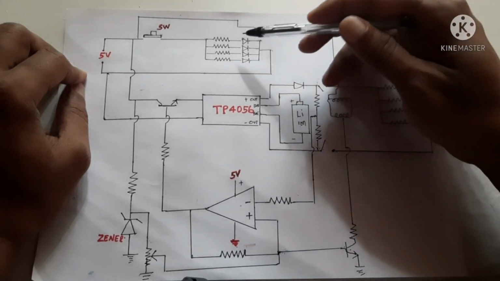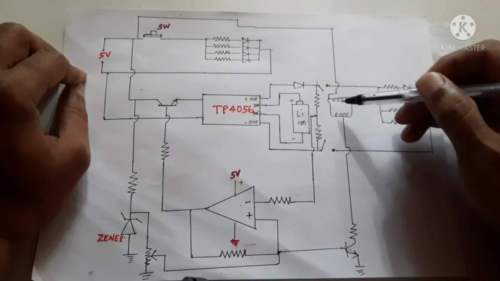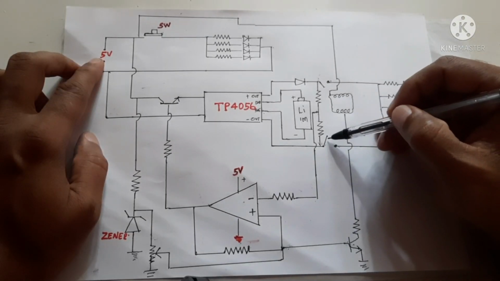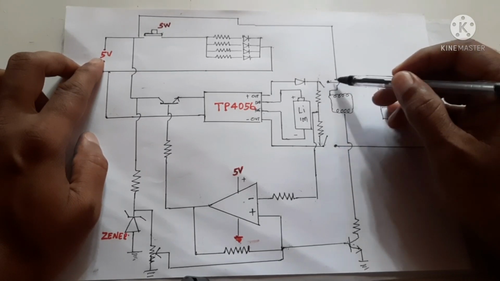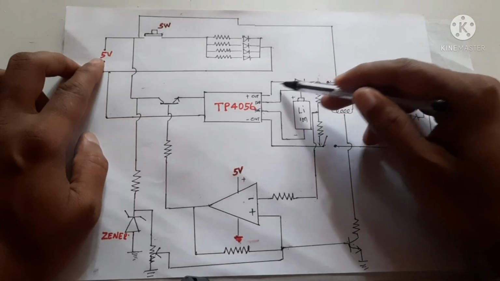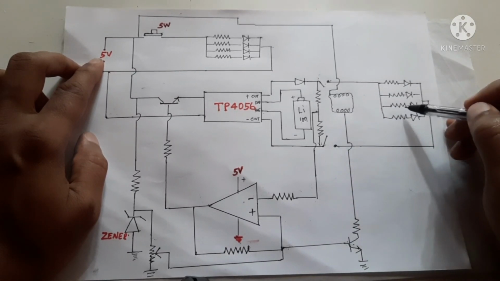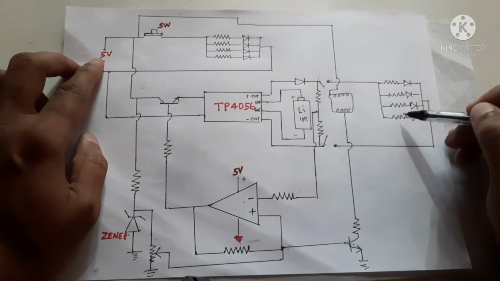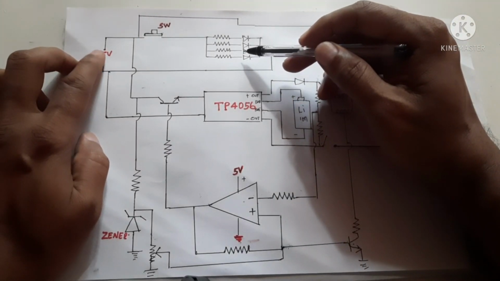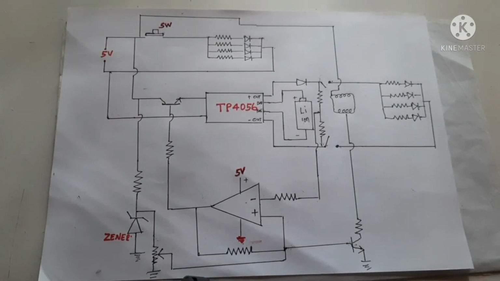So the battery will not be charged. When the power is off, this will become demagnetized and both the double throw double pin will be connected to these points and the circuit will be completed, and the charge from the battery will begin to flow through this LED. These LEDs are low power LEDs, so that we can power this LED for more time. This is a high power LED because it is directly connected to the main power. This is how we can design an emergency light that can be automatically charged and that can also be automatically on when the power is gone.